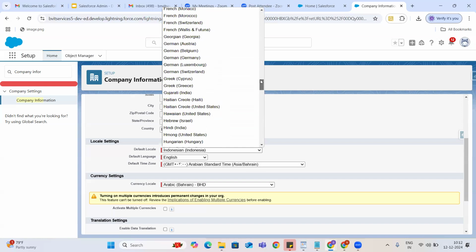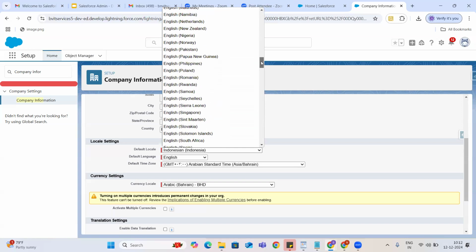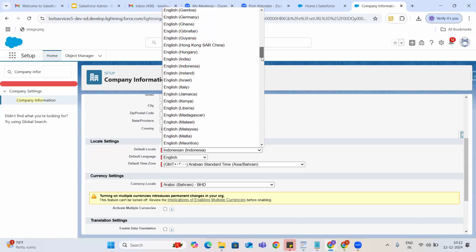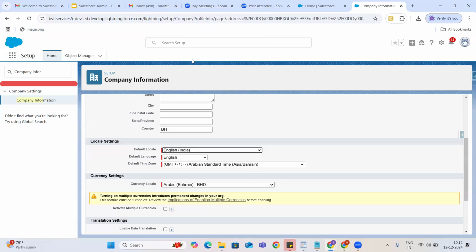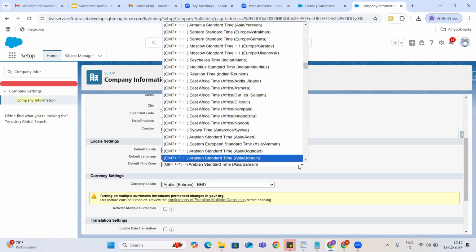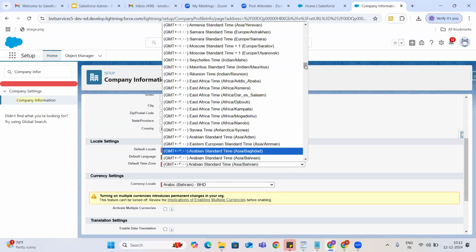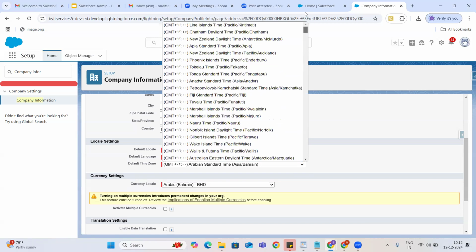Some work for India. This is language, so I'm going to use India. You can select UK or US also. You won't see much difference there, guys. And for the time zone I'm going to use India again. Our India time zone is GMT plus 5:30, always.